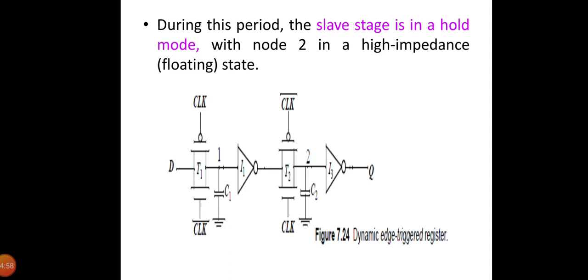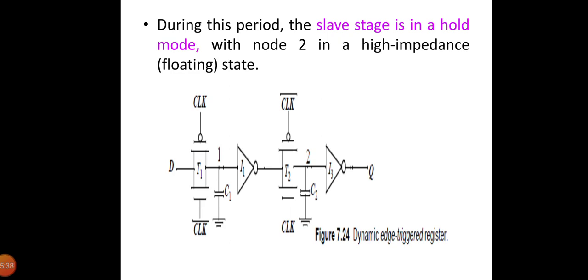On the rising edge of the clock, the transmission gate T2 turns on and the value sampled on node 1 right before the rising edge propagates to the output Q. Note that node 1 is stable during the high phase of the clock since the first transmission gate is turned off. Node 2 now stores the inverted version of node 1. This implementation of the edge triggered register is very efficient because it requires only 8 transistors. The sampling switches can be implemented using NMOS only pass transistors, resulting in an even simpler 6 transistor implementation.